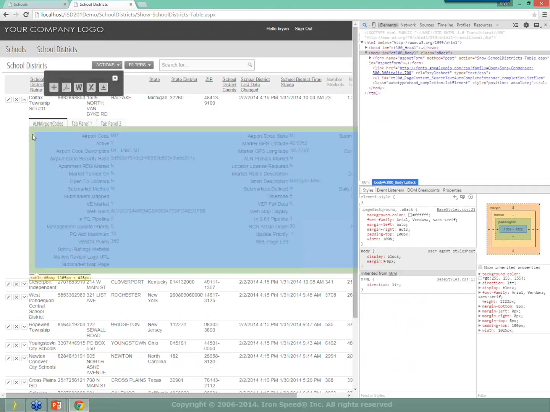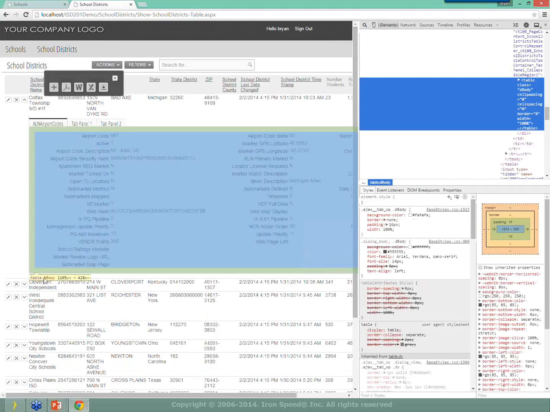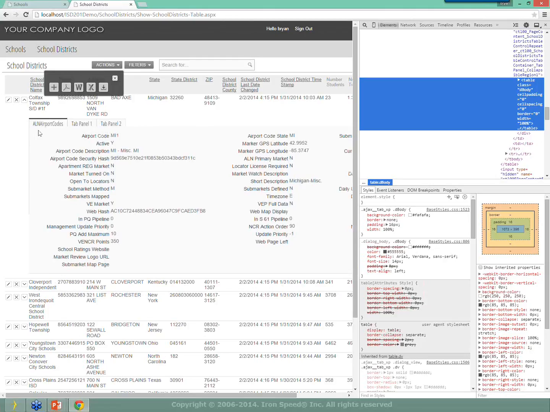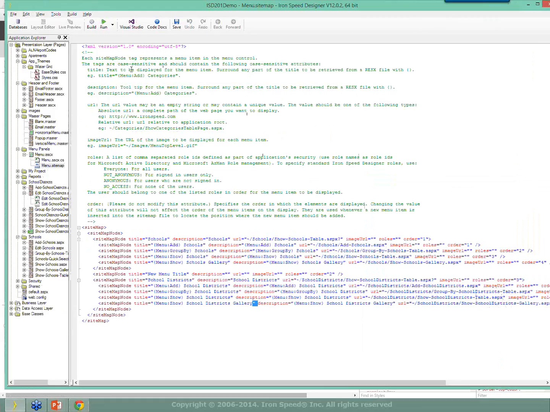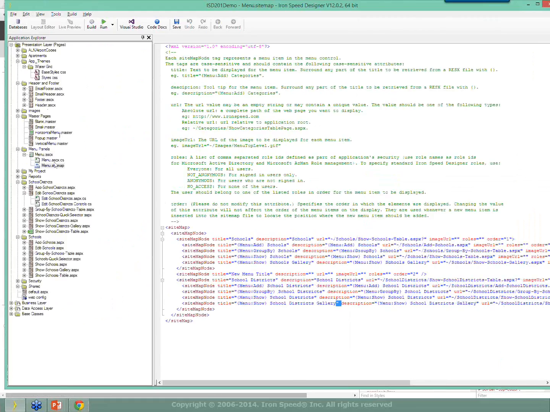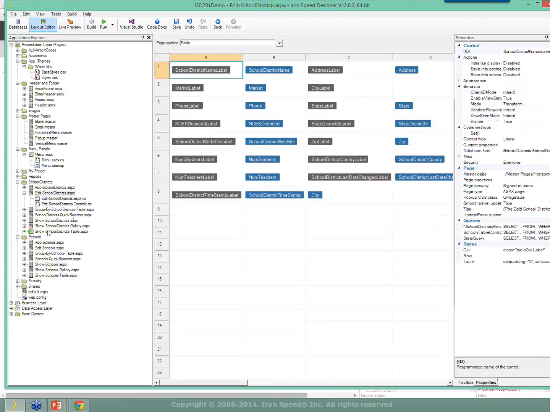Our developer mode, and we should see that this background is a dbody. So you could go there and modify the CSS and change the dbody, but that's going to modify it wherever that particular table is used. So we can actually do it here. For instance, I have this tab panel here that I created, and we could go to my tab panel that I created, and then change the style of that. For instance, if I go to my edit school districts,